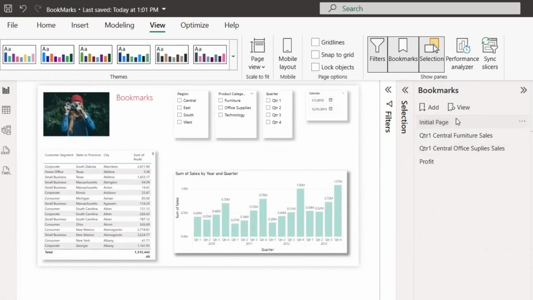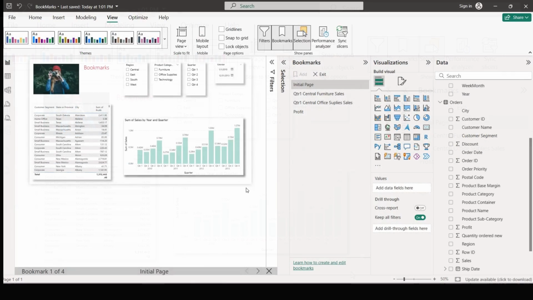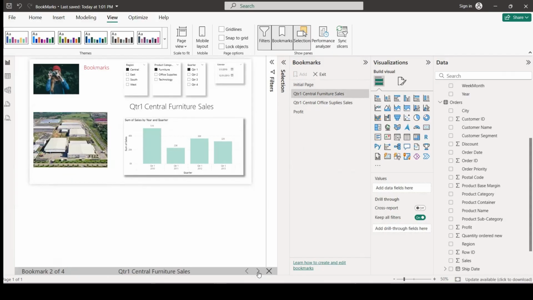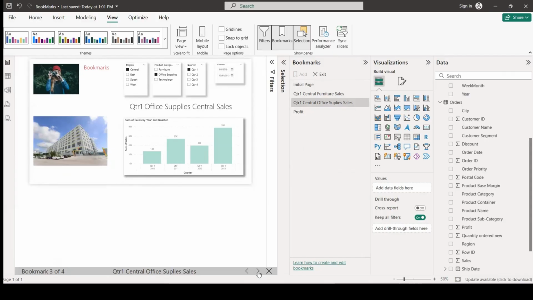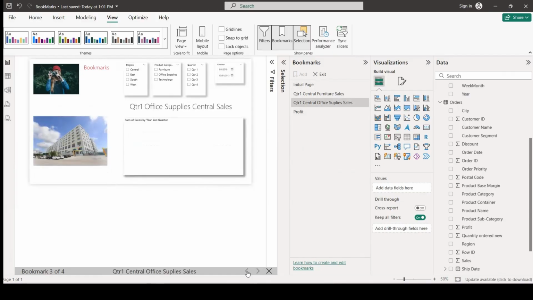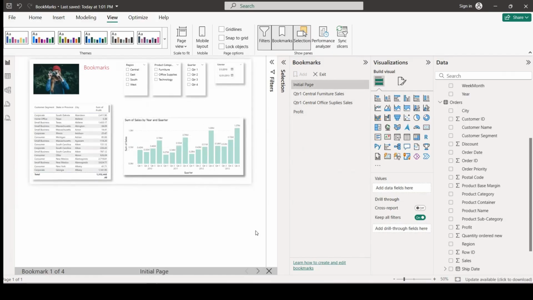But before that, you can see here that we have a view option. If we click on it, here in the bottom side, you have this option to go through all these bookmarks while you present the data. So if I click on next, you see that I'm going from one bookmark to the other. So you can do that very easily if you want to explain the story of your data in front of your audience. If I want to get out, I'll just click exit, and now I'm coming back to the initial state.